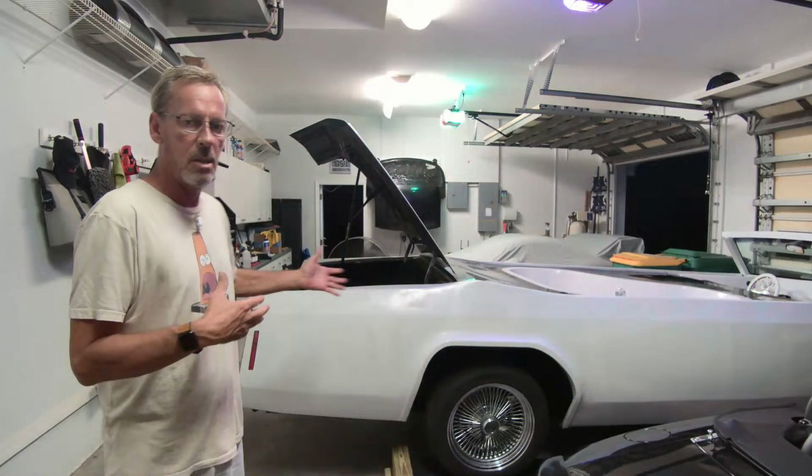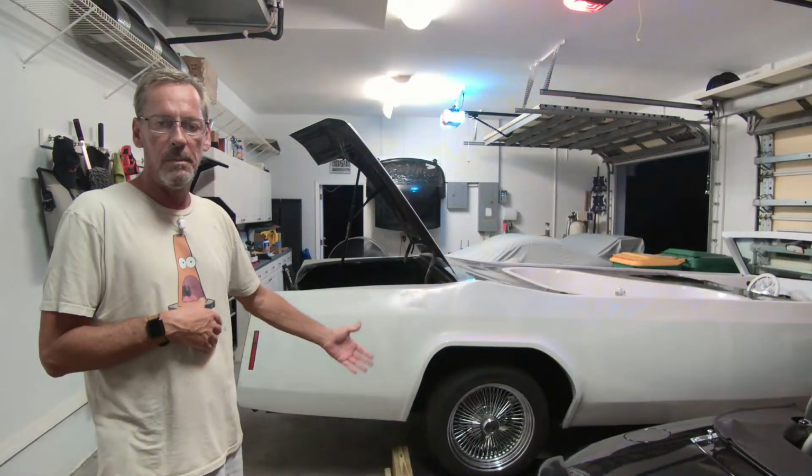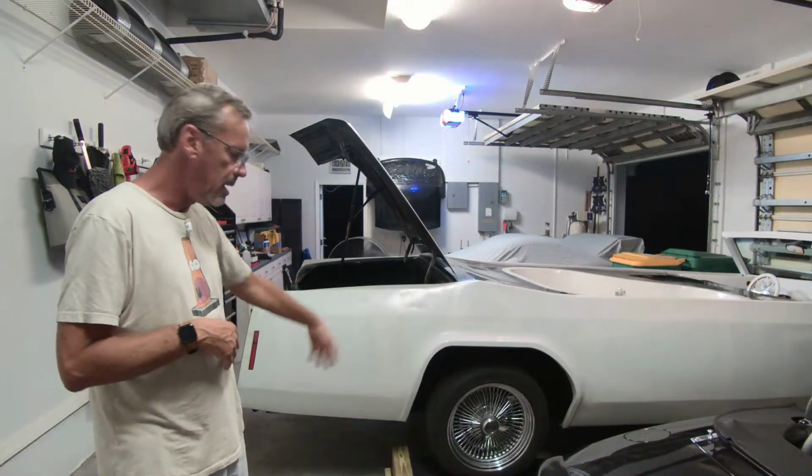So I'll give you guys a quick look. You can see the trunk is open. The limo is also on the racer amps because I need to get under there to finish the wiring. I haven't finished the wiring yet, but I want to show you guys where